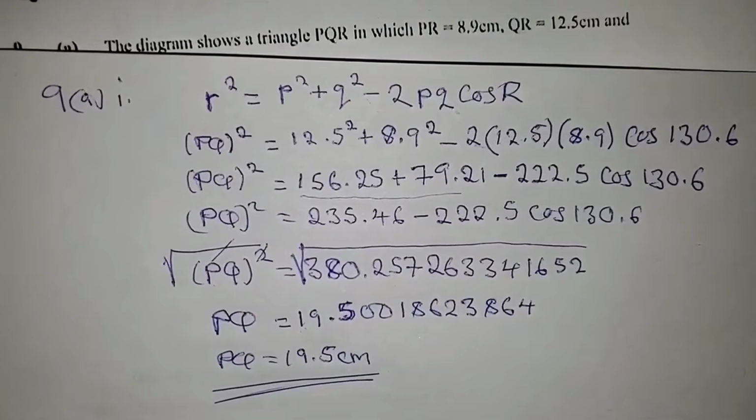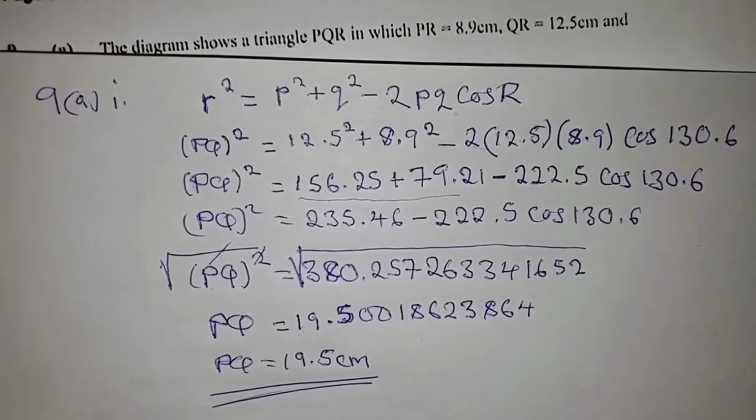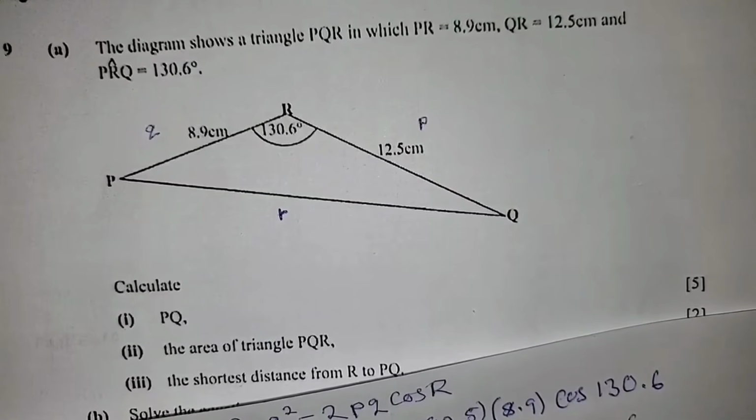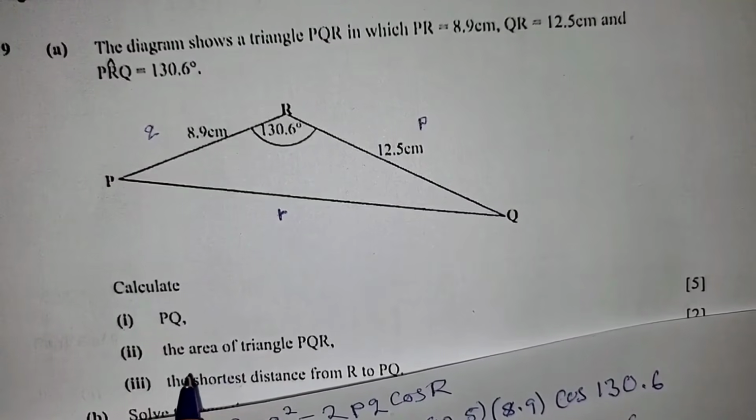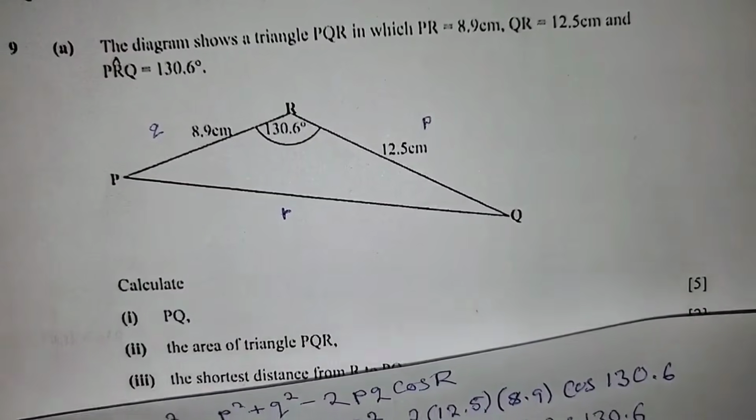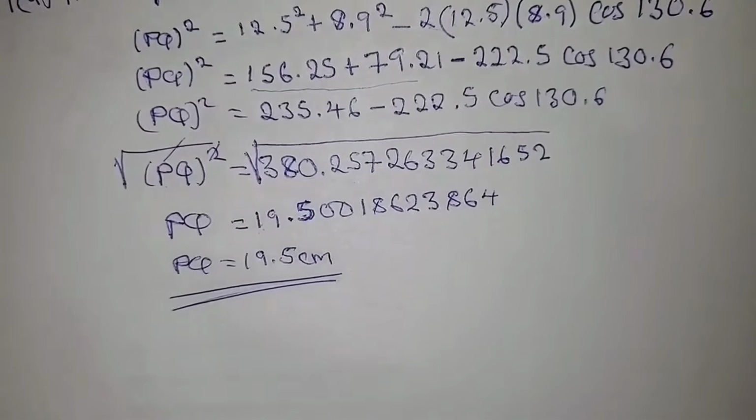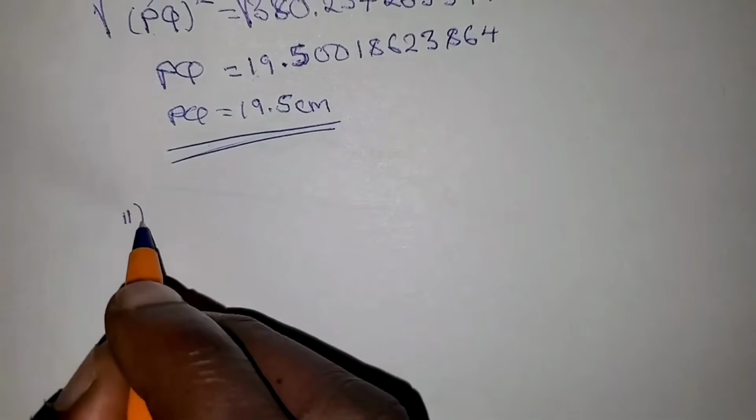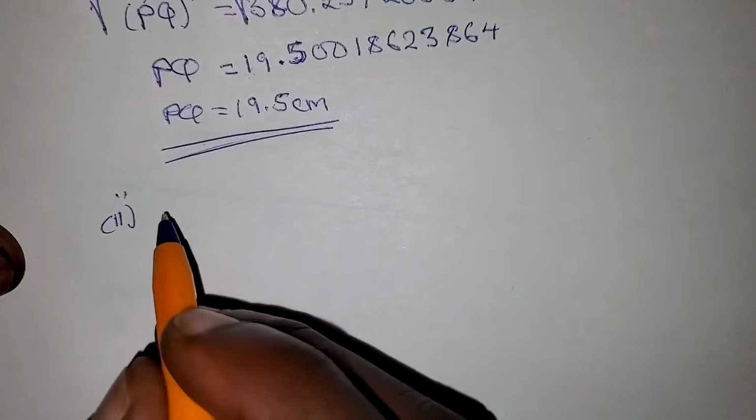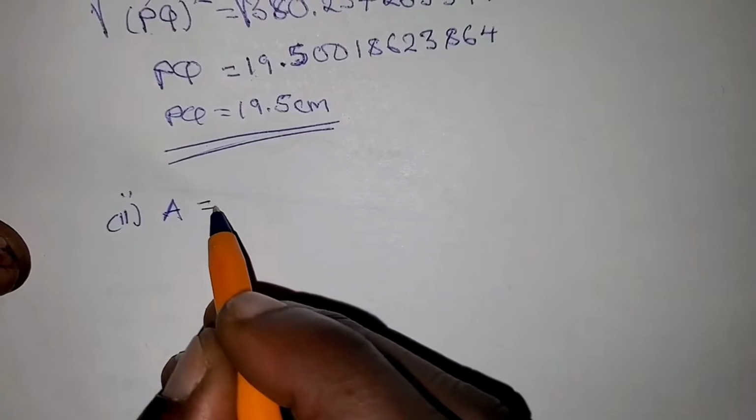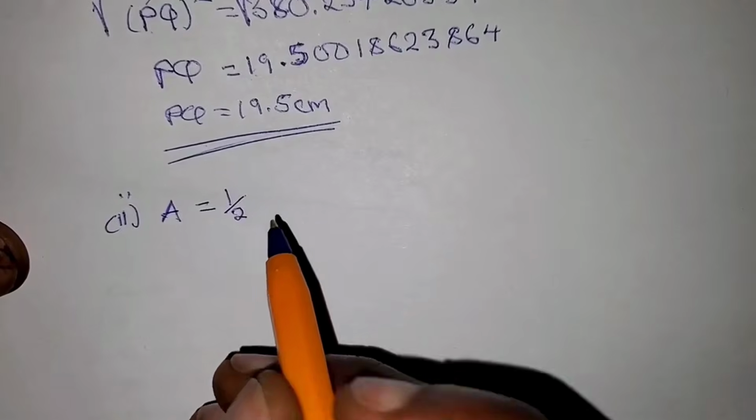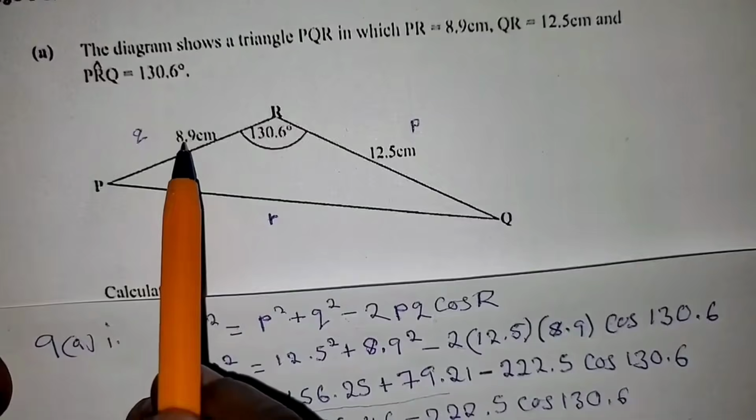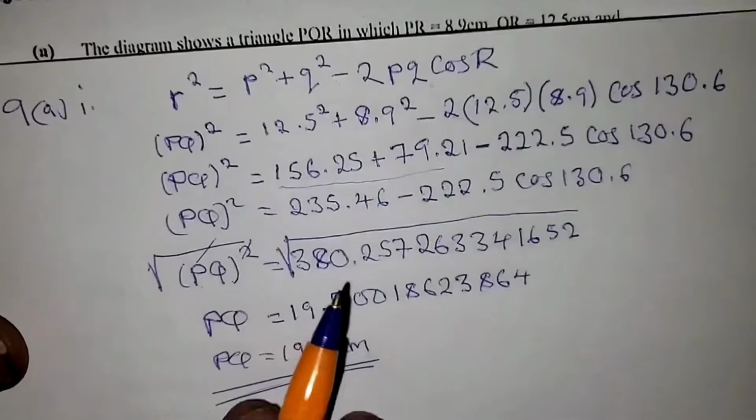Okay, 5 marks. Let's go to question 2. Question 2 is saying find the area of the triangle. There's no problem, this is very simple. This is the formula for the area of the triangle. I'm going to say area is equal to half, then the two sides, the already given sides. We're going to use this one and this one. So we're going to say PQ